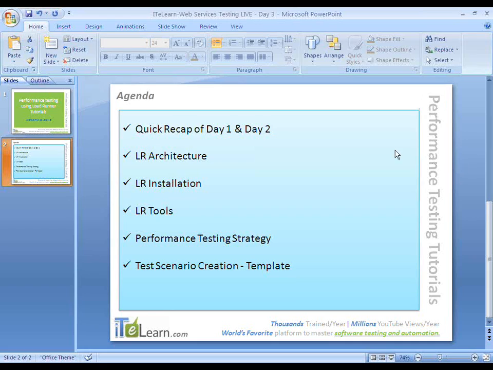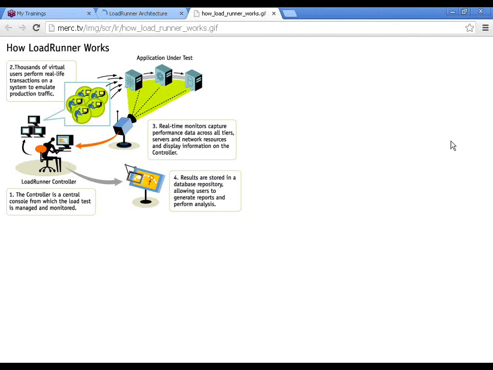You can search Google for LoadRunner architecture.